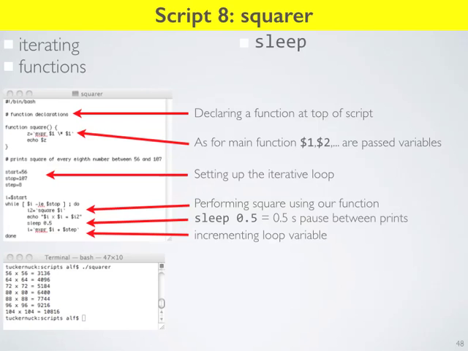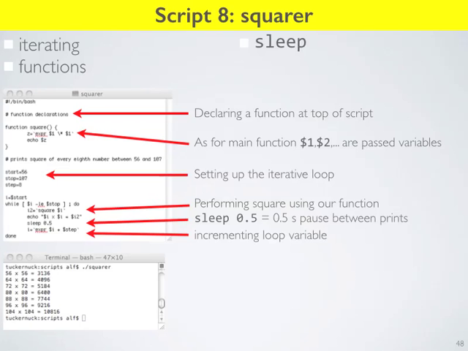Any other questions? Okay, and so what's happening now is we're assigning I2 to be 56 squared, and then we're going to echo to the screen $I times $I is equal to $I2. Then we're going to sleep for half a second to allow us to read the output. And then we're going to do this very important part here, which is just loop bookkeeping. So it's not actually doing anything oriented towards our program or squaring of numbers. It's just incrementing our loop variable.